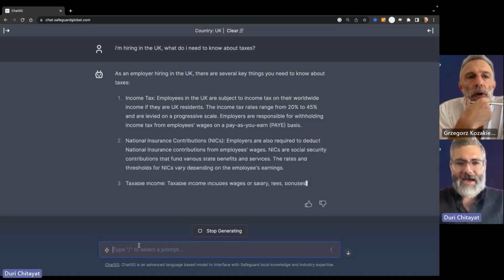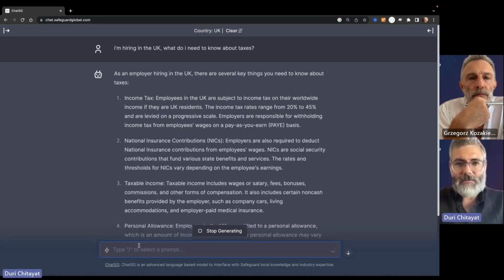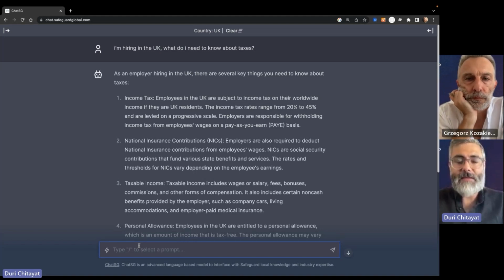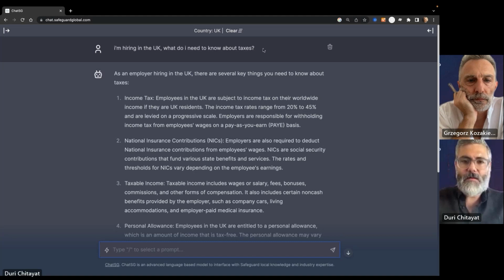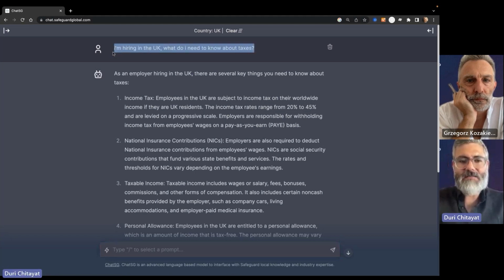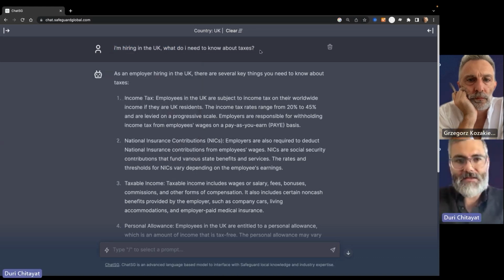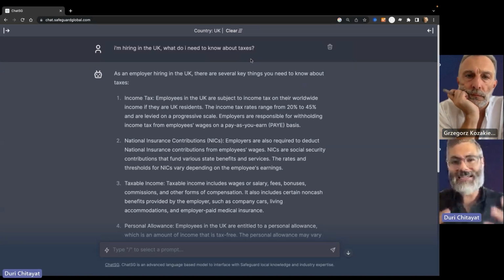So what it's doing in the background here is it's first running some checks to make sure it's an HR related question. Then it's going and providing some embeddings, which is basically a mathematical understanding of the question you're asking here. And then it's going and taking that mathematical understanding and comparing it to our database of knowledge that we built up over 15 years. So it finds articles that are similar around this question, and then is using that as context to be able